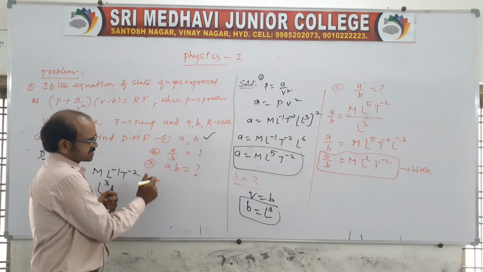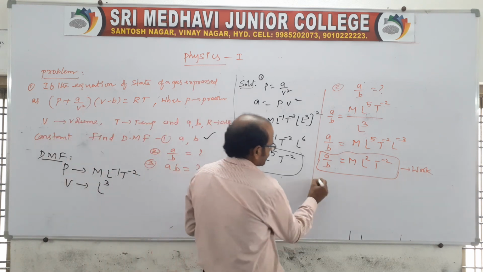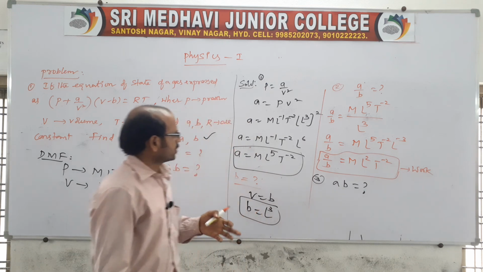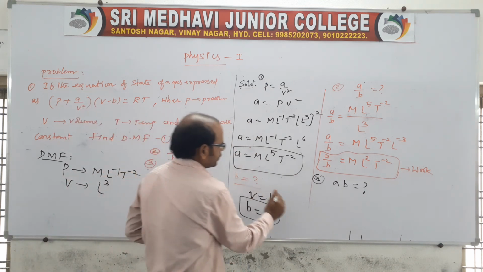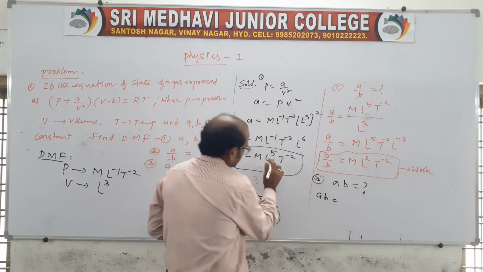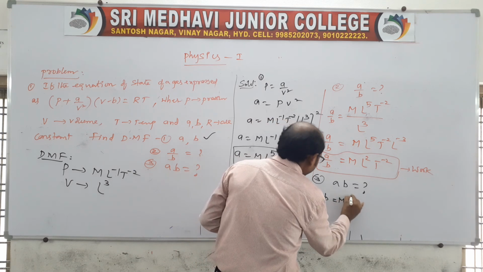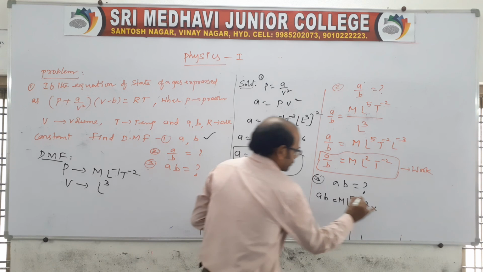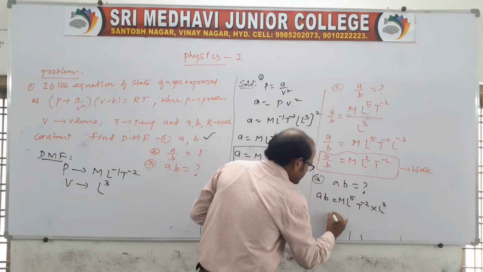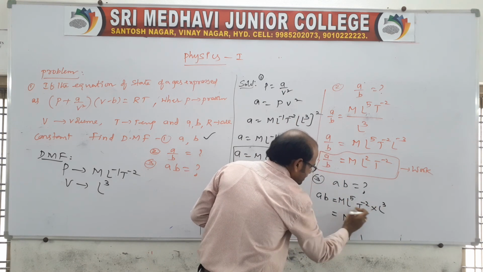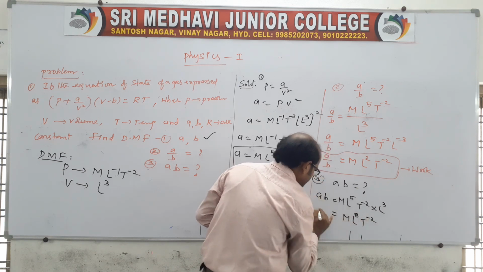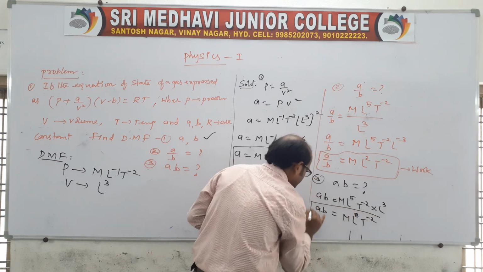Now, he is also asking the third one. The third you take. Now, I am giving the third, AB multiplication. So, now multiply A and B. So, AB is equal to A, which is M L power 5 T power minus 2, times L cube. So, the bases are the same again. Here bases are the same, no? Powers should be added: M L power 8 T power minus 2. This is the AB dimensional formula.